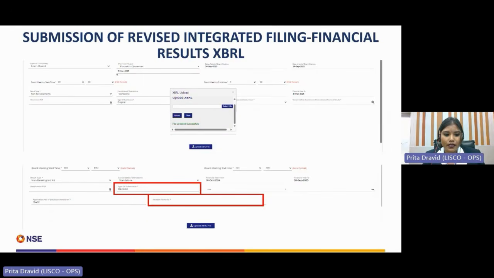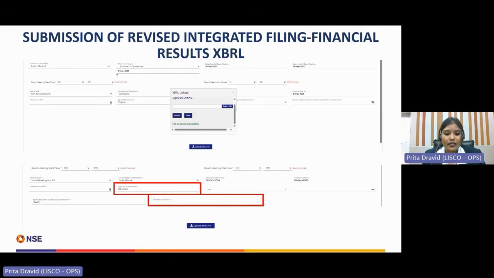For companies commonly listed on multiple stock exchanges, as per the exchange circular dated 2nd January 2026, with respect to the single filing system through API-based integration between stock exchanges, the integrated filing financial XBRL filed on either exchange shall flow to the other exchanges. Consequently, the company may not be required to file the same at each exchange.